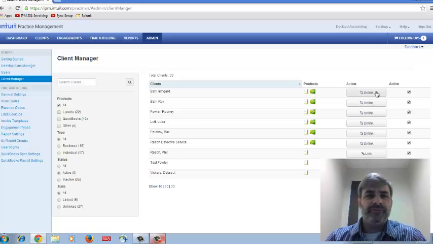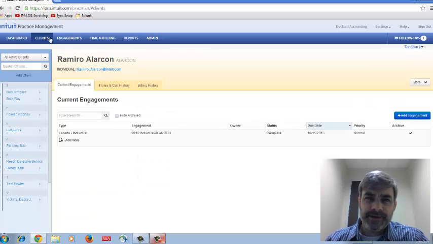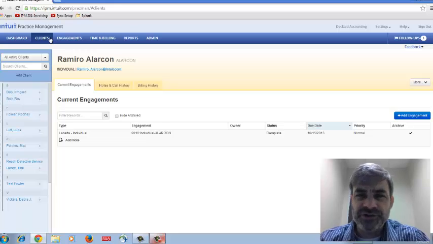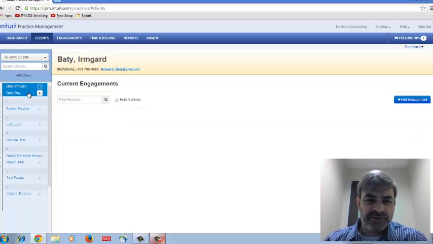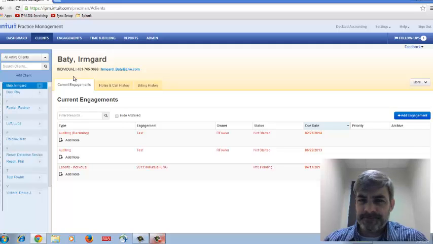Should you ever want more information on the clients that it's tied together and why it's tied them together, you can look over at your Clients tab. Basically, all the functions that you could do under the Client Management area, you can also do under the Clients tab. Here, if I wanted to see what's going on with Miss Irmgard, I can select her and go over